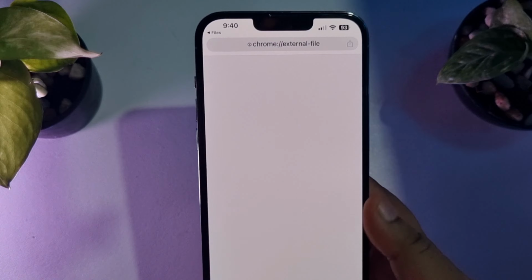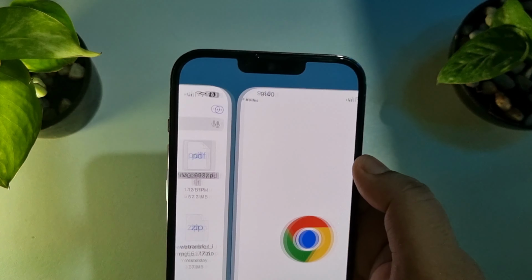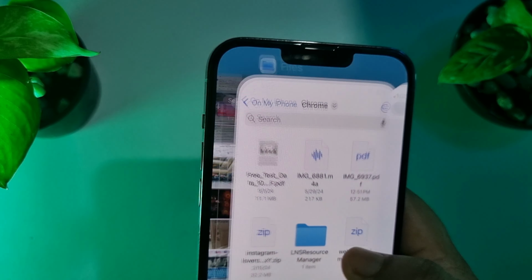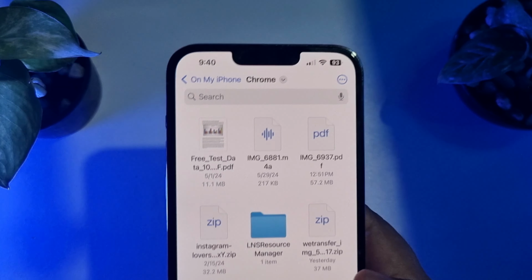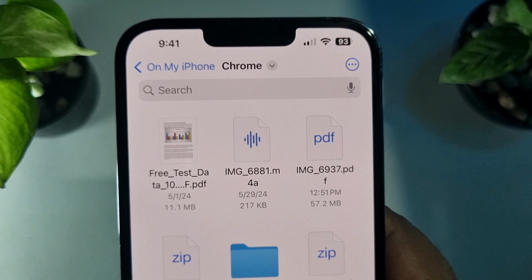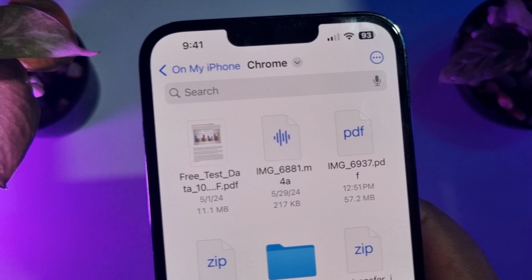Once you successfully change the video format to PDF, as you can see, this file is not opening anymore because this file has been successfully converted to a hidden file. As you can see, it's not working or not opening. So here no one will be able to find that this is a video, and no one will be able to